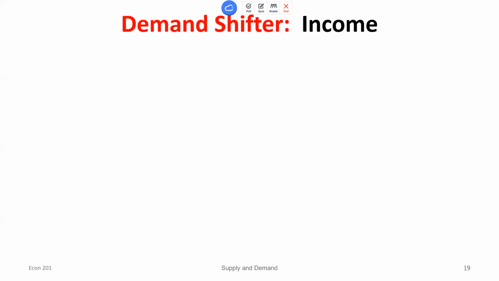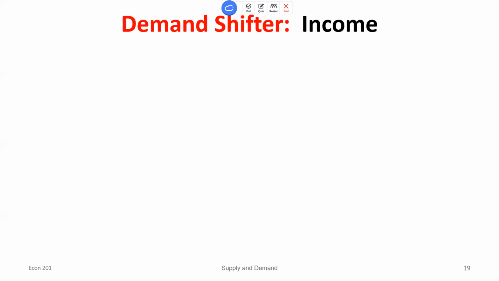If I then see that the income in the US overall increases so that people on average have more money, what might I expect to happen to the number of cars purchased in the economy? If you don't want to think about automobiles, think about sporting event tickets, right? If every single person has 100,000 extra dollars, what do you think is going to happen to the quantity of tickets that these sports teams sell? It's going to go up, right? Most goods we think about, even if we kept the price the same,